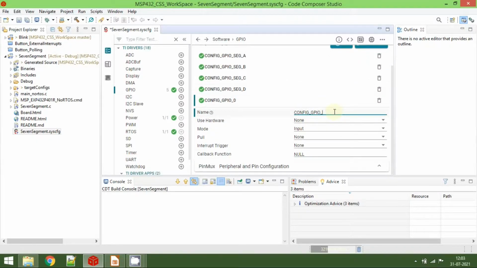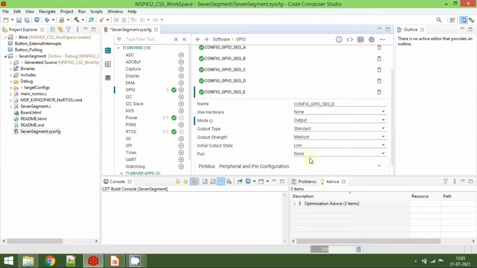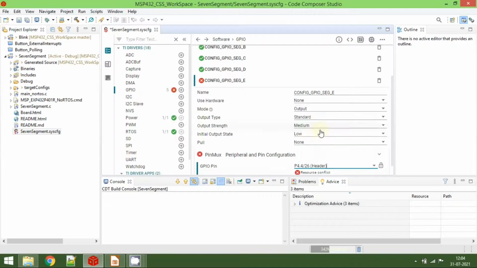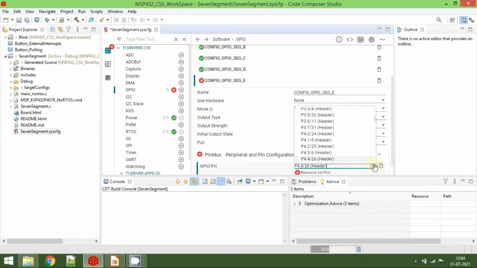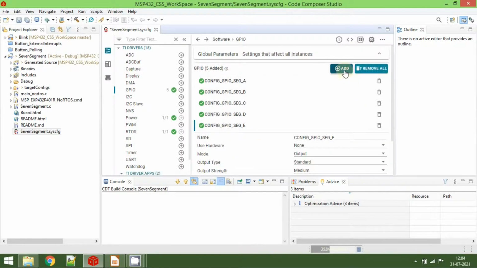This is E, an output mode, and the pin number is P4.5. Sorry, it's P4.5. Again we need two more instances.